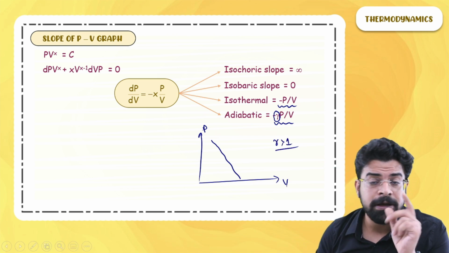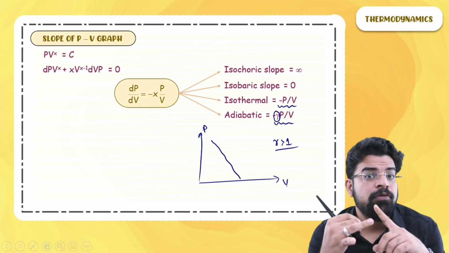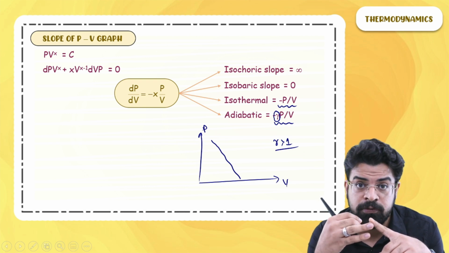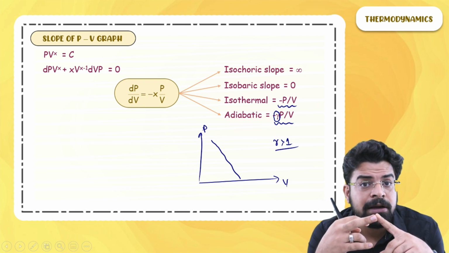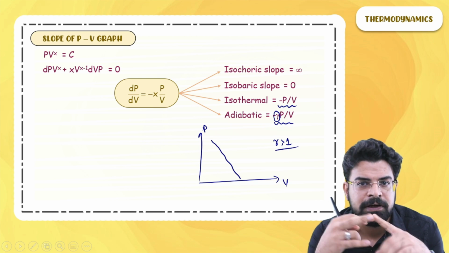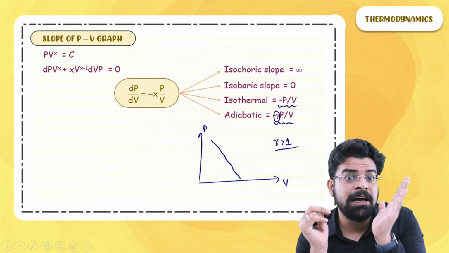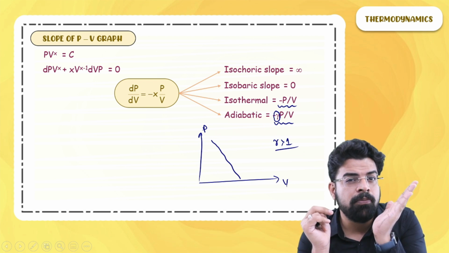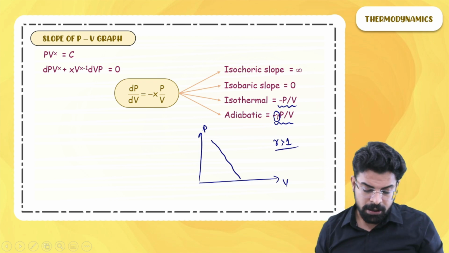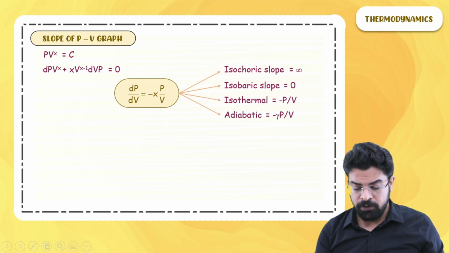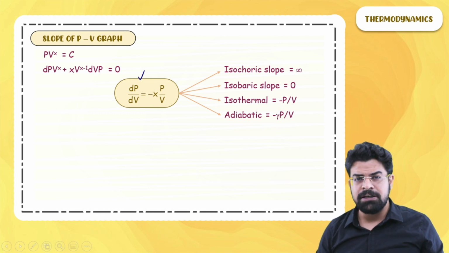For monoatomic, we get 5 by 3, 1.66. For diatomic, we get 7 by 5, 1.4. For polyatomic non-linear, we get 4 by 3, which is 1.33. So the slope for adiabatic process is negative and is gamma times that for isothermal. So it is a steeper graph. Now, once we have talked about slope of PV graph, let's talk about another thing